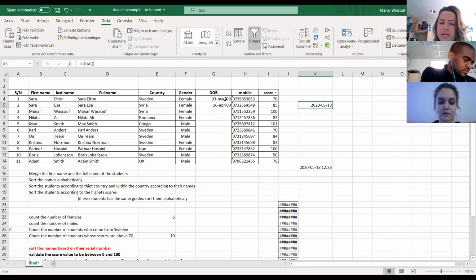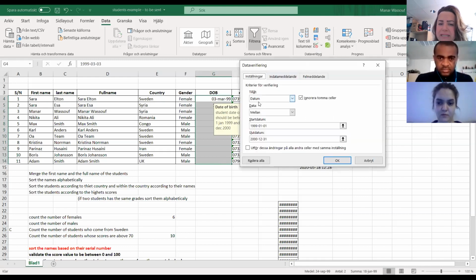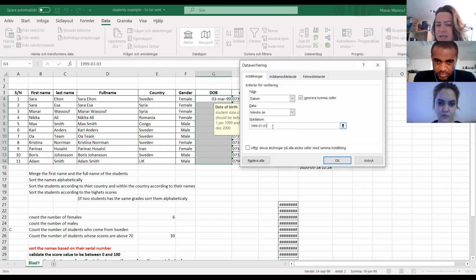So what I'm going to do here, I will highlight the whole range of cells in date of birth, go back again to data verifying, and I will choose the value of the date of birth to be less than today, idag. I will write it. So here I can write a formula also. And I want to apply this to all the cells.